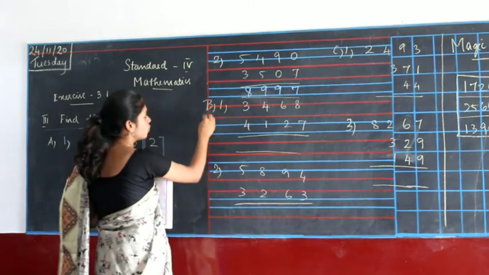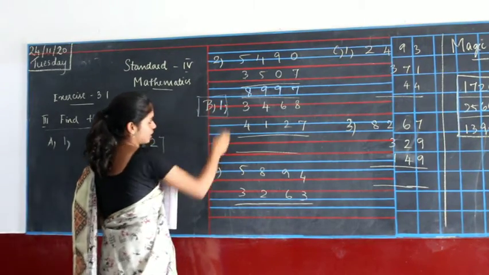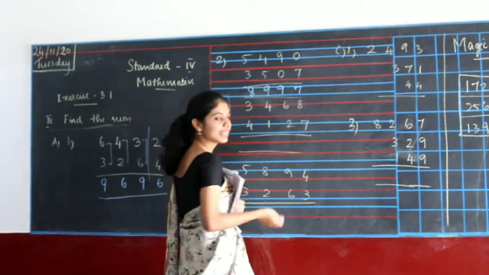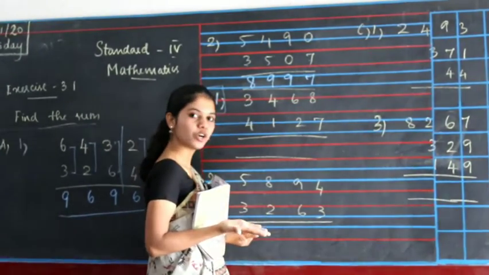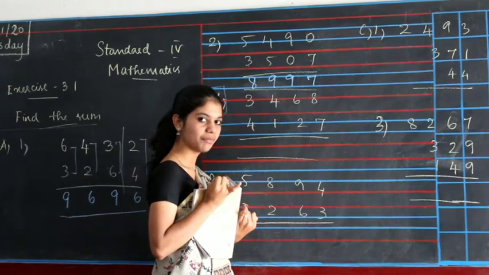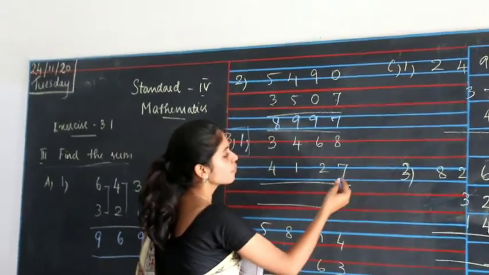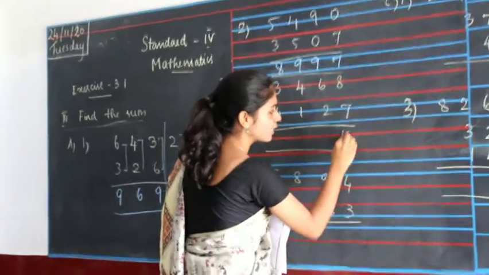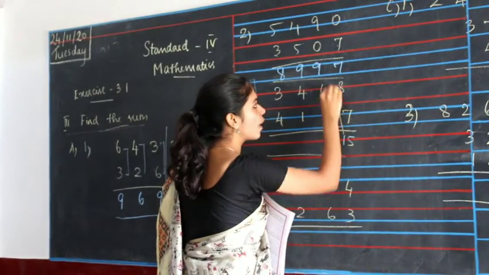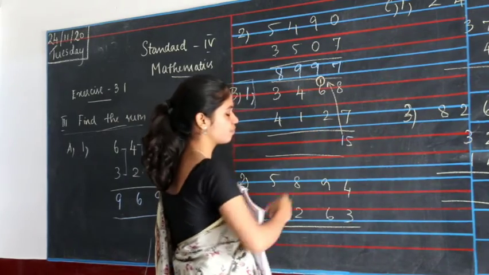So we are going to move to the second Roman, B in that first question. This is with carry. So 8 plus 7 will be 8 in your mind, 7 in your fingers. 8, after 9, 10, 11, 12, 13, 14, 15. So you will be having 15 here. 5 is the unit and 1 is the carry. So here you will put 1.